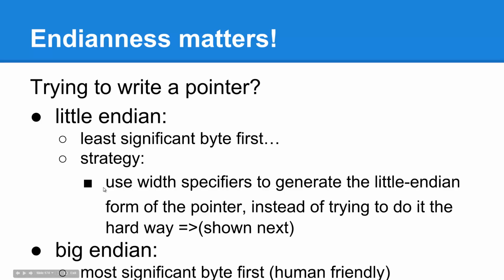So on most enterprise platforms, Intel, von Neumann, etc., they use little endian, and the goal there, since you have to write something in memory that's little endian, is to use the width specifiers to generate the little endian form of the pointer, instead of calculating the original form of the pointer and then trying to finagle it through